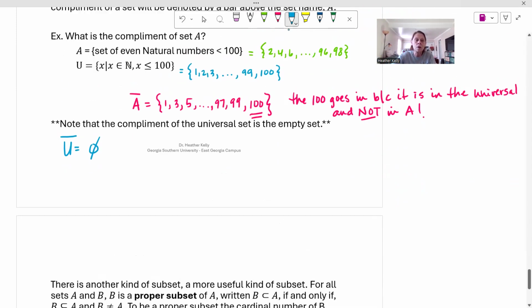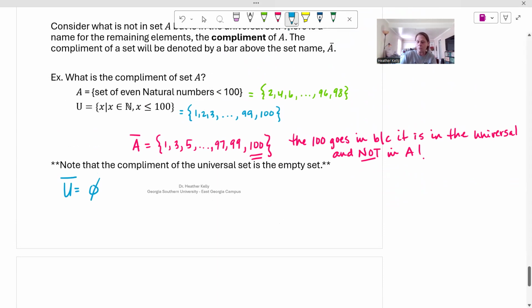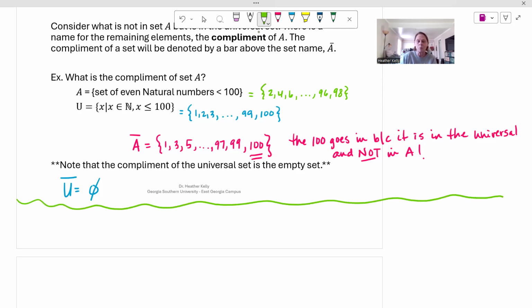Okay, so let me talk briefly. I took something out and I want to put it back in really quick because I think it makes sense for me to do so. So I'm going to have a little quick sidebar and I want to talk about subsets. I'm going to talk about the more important subset in a second, but let's just get the general gist of subsets. A subset is written,